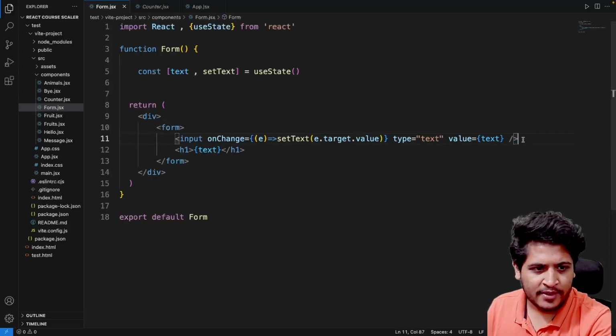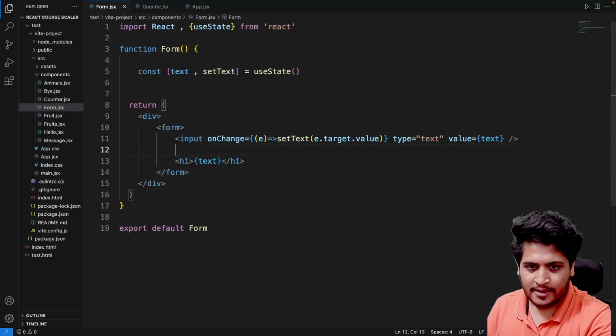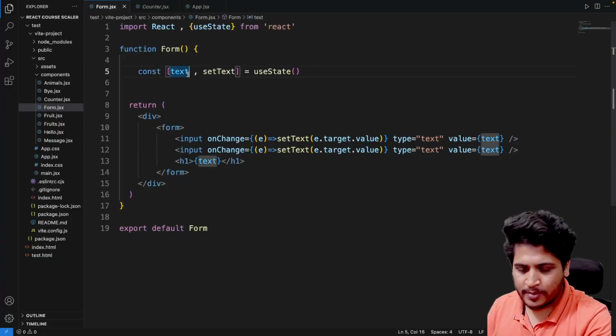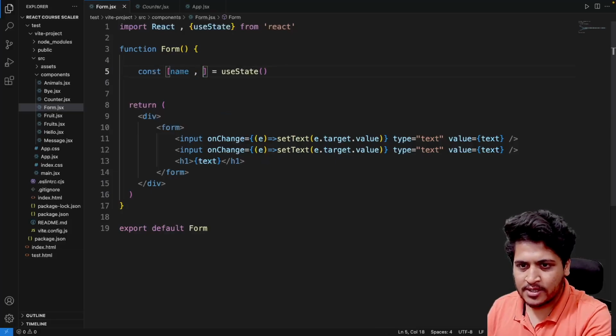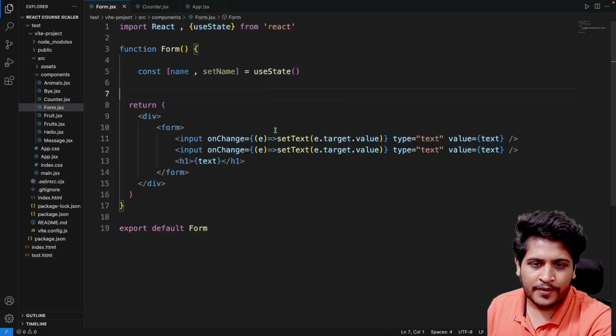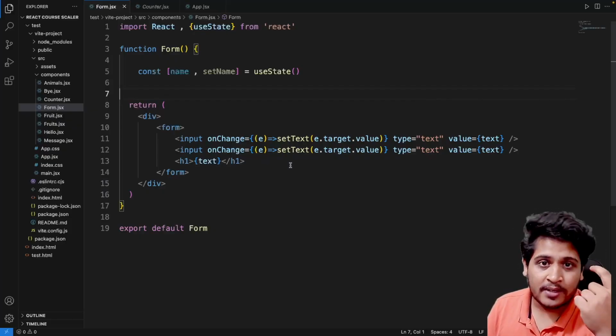Suppose that I have another input element just similar to this. I'll just copy this and paste this again, right? But this time I'll change something. I want to maintain a state for a person's name, so I'll say this name and do a set name for the state, right? And now these two input fields will actually work to get the entry for first name and last name,